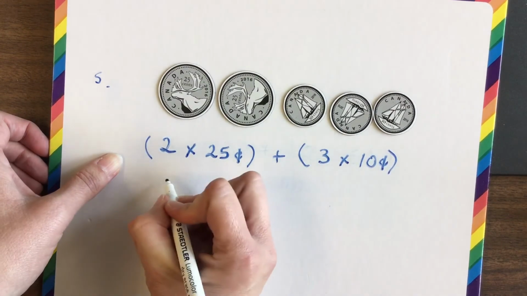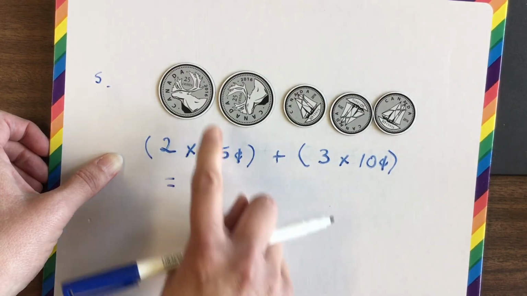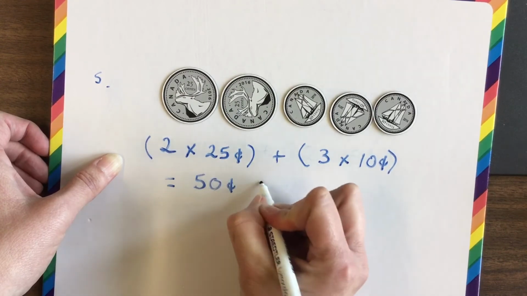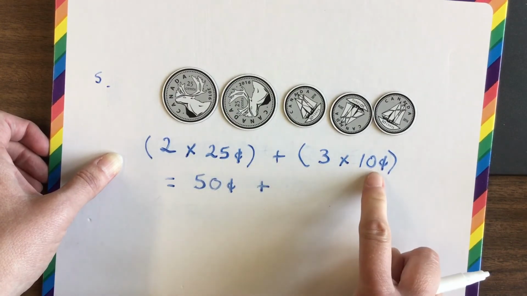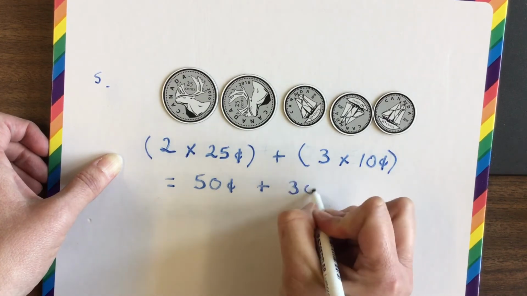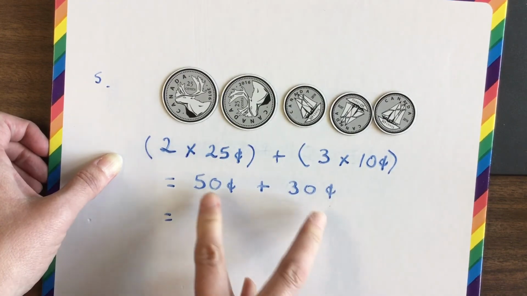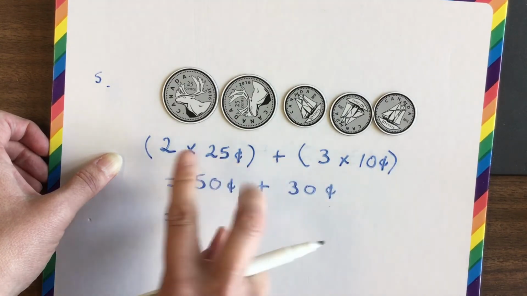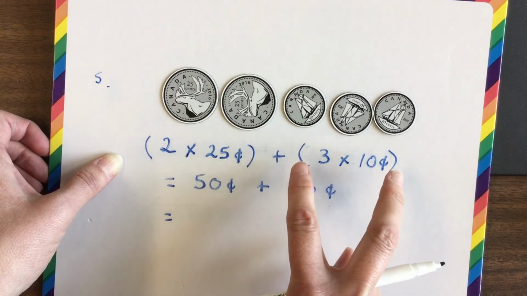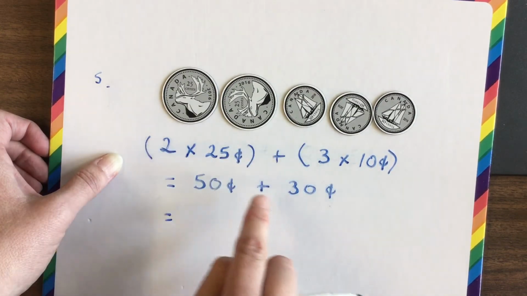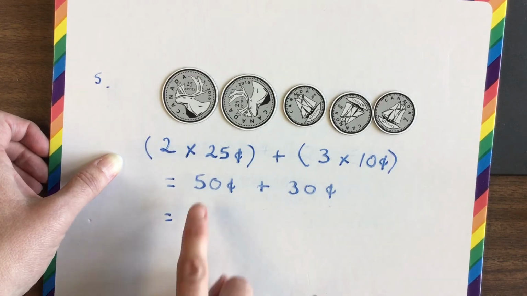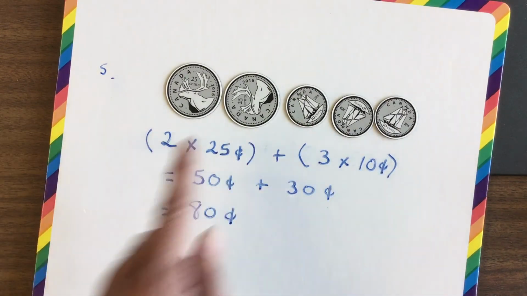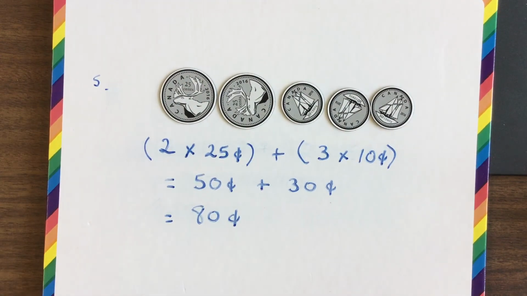All right? What does that equal? Well, what's 2 groups of 25? What's this equal? It's 50 cents. I'm adding on my dimes. What's 3 times 10 cents? That's right, it's 30 cents. What's my total? Now I add those up, my last operation. Whenever you're just doing an equation like this, you always do what's in the brackets first, okay? Once the brackets are finished, then you can do the outside operations. 50 plus 30 equals 80 cents. So my total here is 80 cents, and eventually you'll be able to do this very quickly in your head,